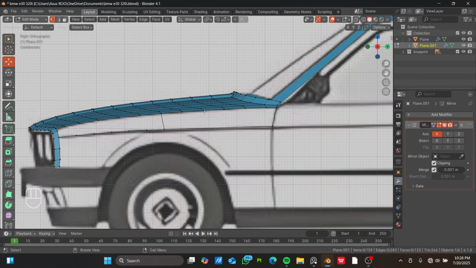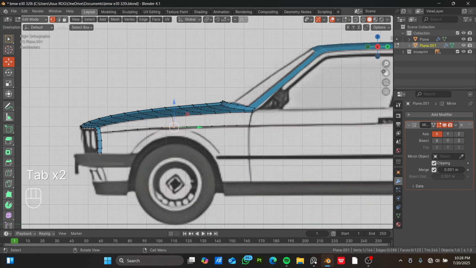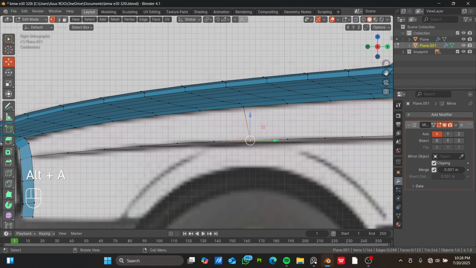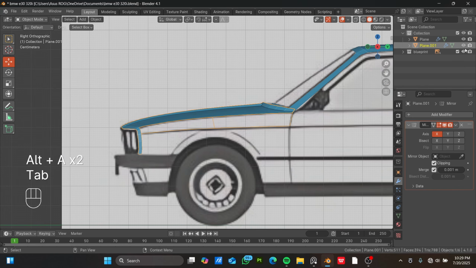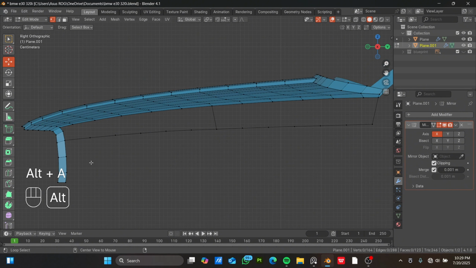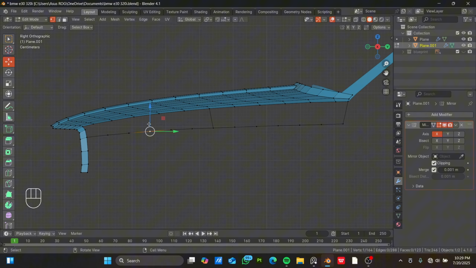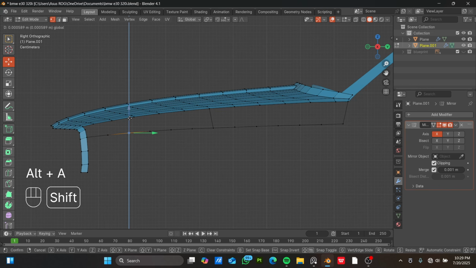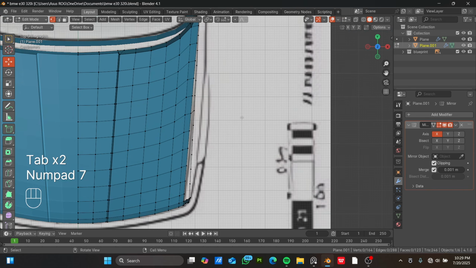Okay, and so for this part, 1, 2, 3, 4, 5 vertices. I think this part is okay. Let me hide this and see how it looks. So I have to move this one up a bit, move this down a bit. Yep. Now go to the top view and try to match it